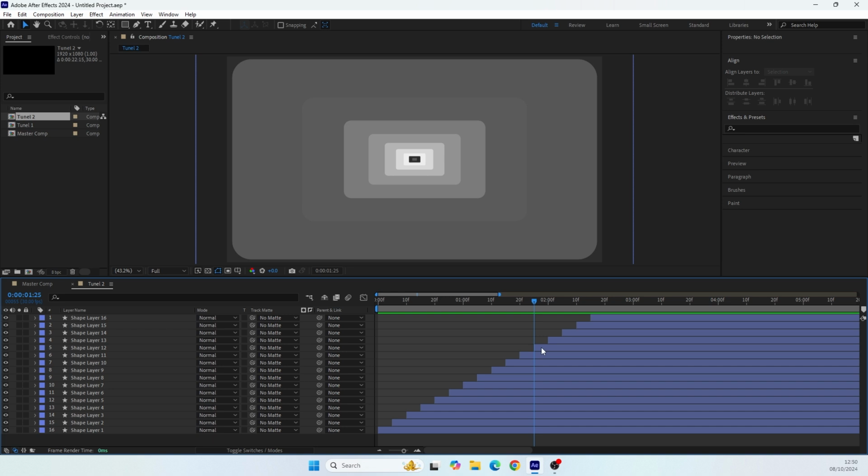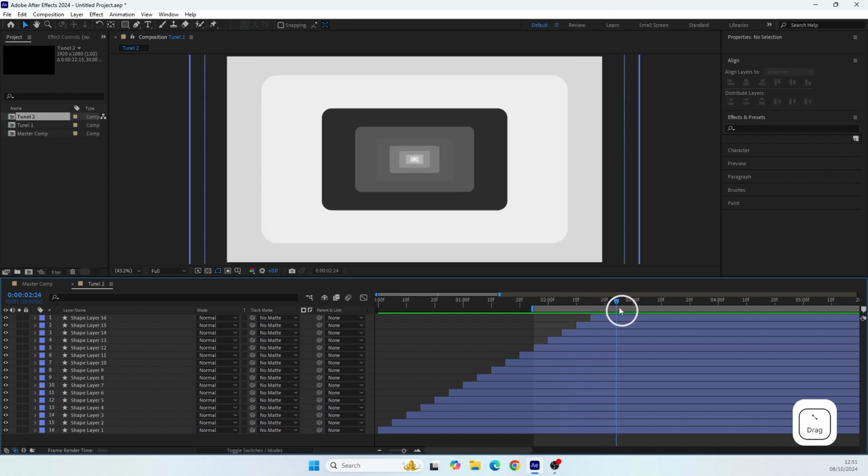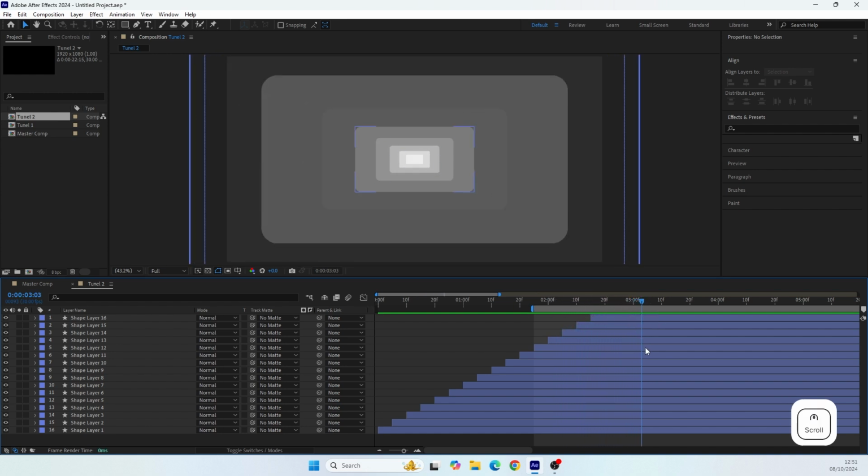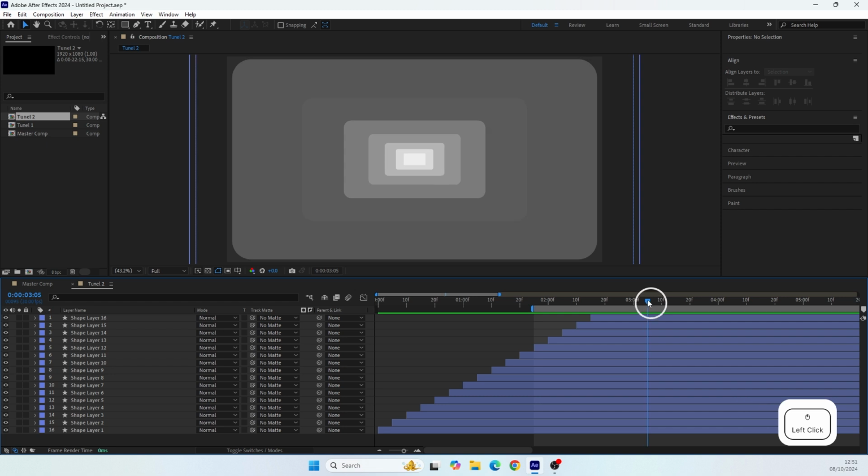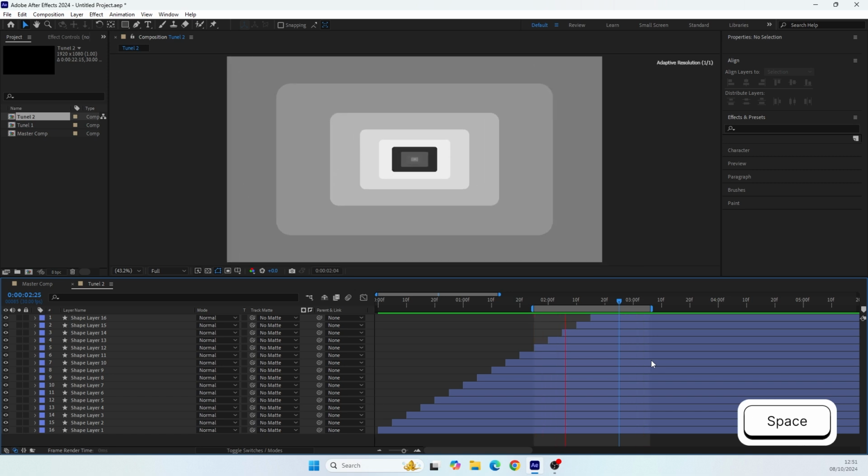And now we need to start the timeline from this point in time. So for this we need to press B and it will bring the work area to this point in time. And now let's move forward in the timeline and try to find a frame that looks exactly like this one. So it is here at 3 seconds and 5 frames. So now let's shorten the work area to this point in time from its end. So let's press N.